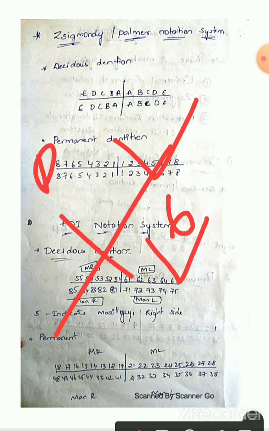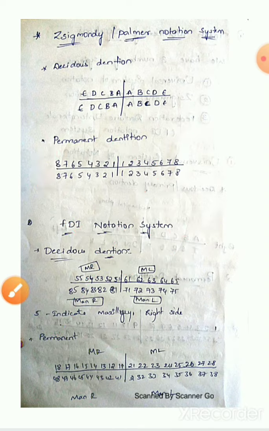This will be the right and this will be the left, right? So if you write this, this means left maxillary molar. So it is very easy to understand, very easy to write, and very easy to remember also, but it is